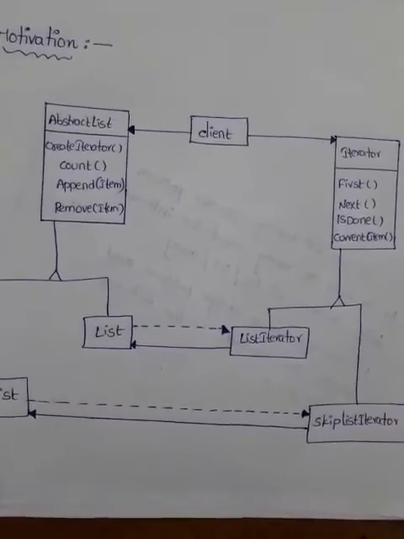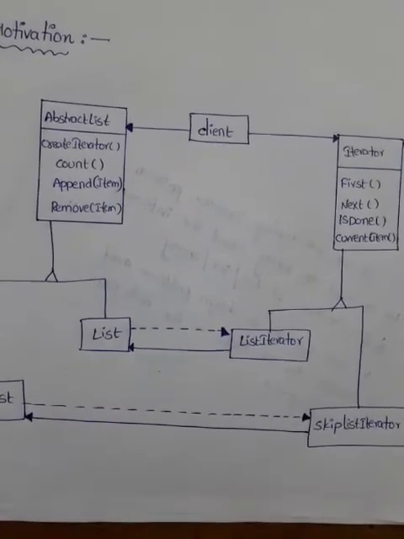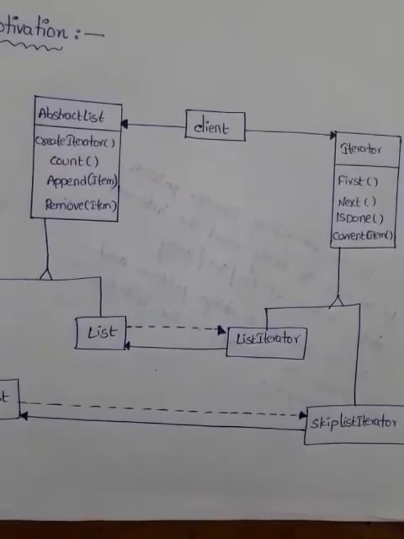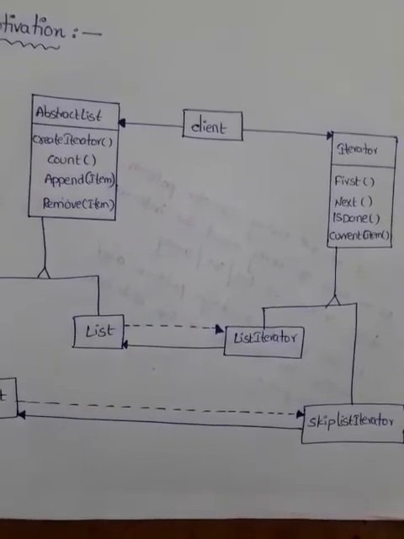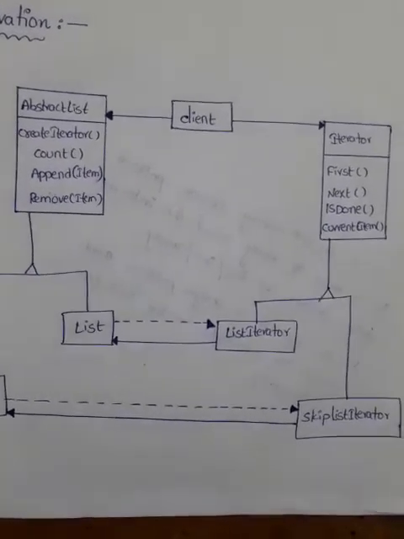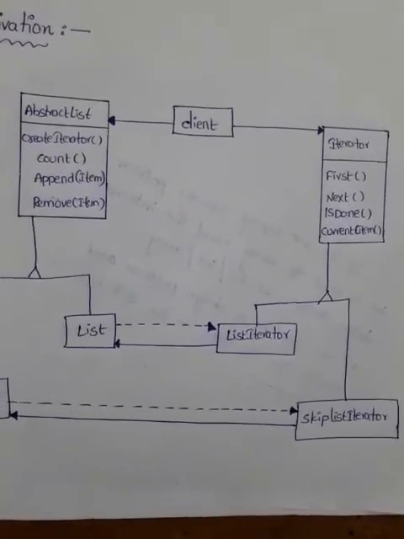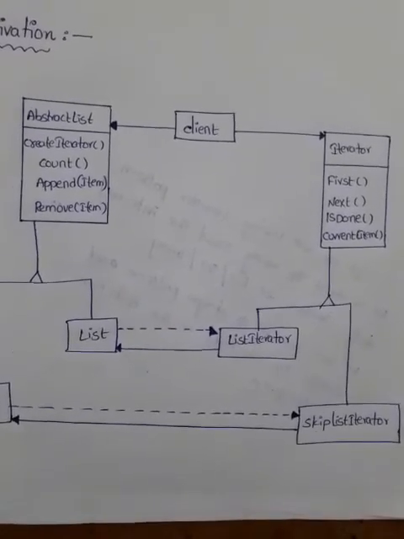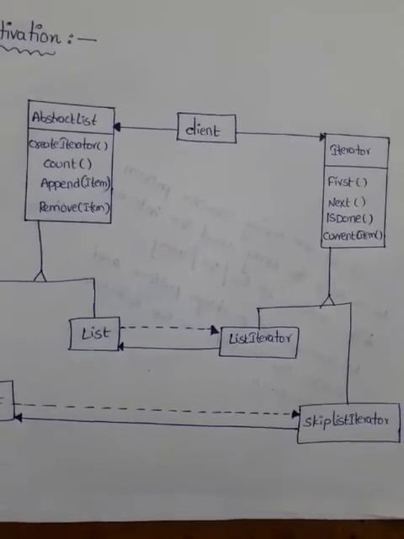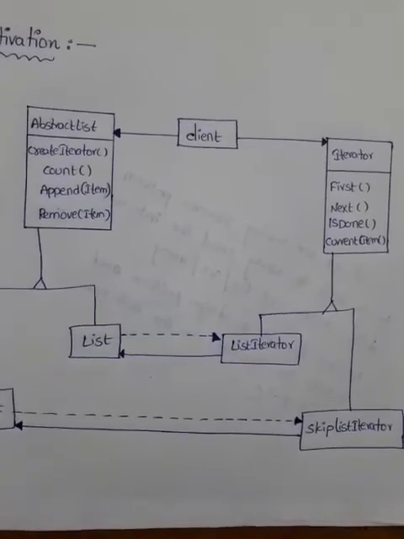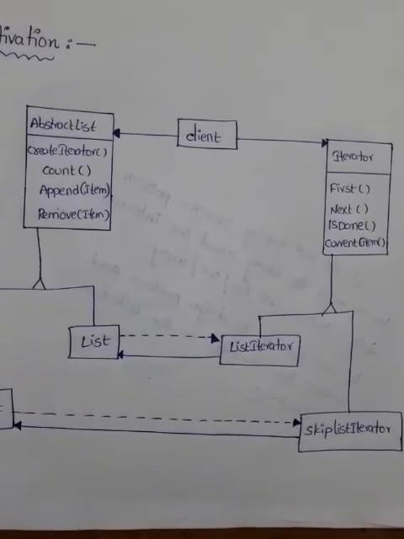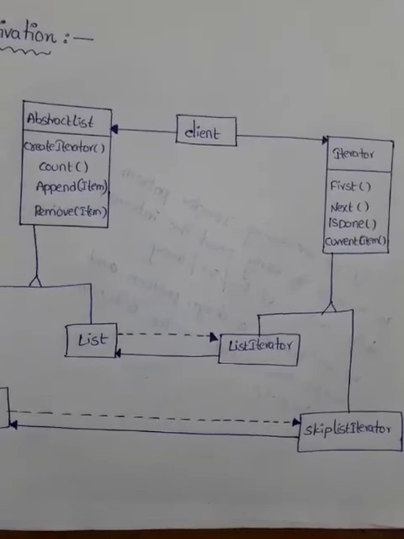The remaining problem is how to create the iterator, since we want to write code that is independent of concrete list subclasses. We can't simply instantiate a specific class. Instead, we make the list objects responsible for creating their corresponding iterators. This requires an operation like create iterator, through which clients request an iterator object. Create iterator is an example of a factory method. We use it here to let a client ask a list object for the appropriate iterator.